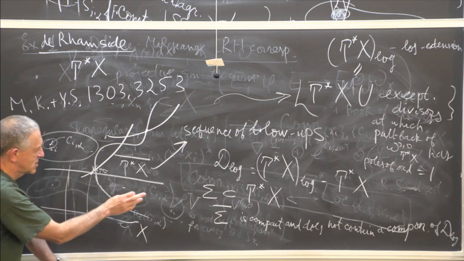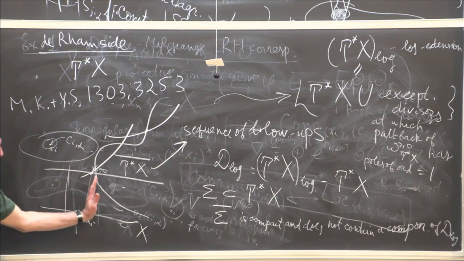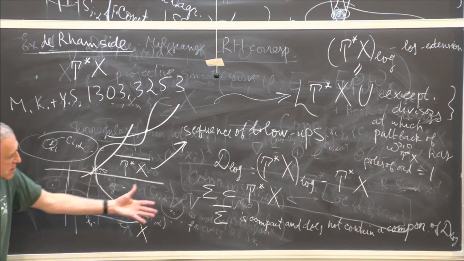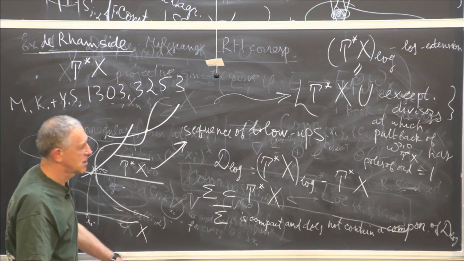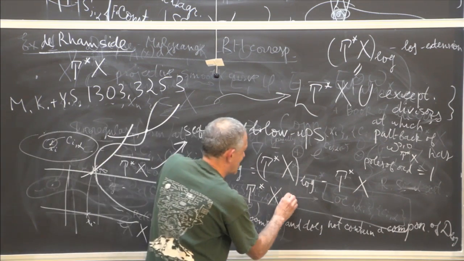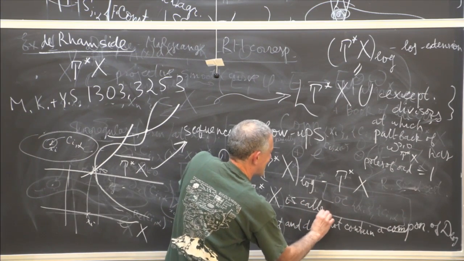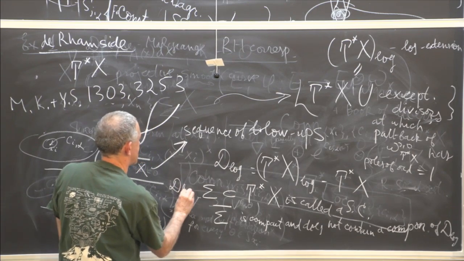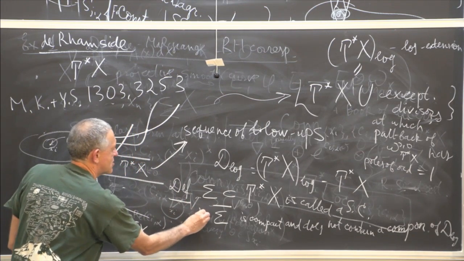Then it will go to infinity. But when we do these blow-ups, then we get a spectral curve. It's a definition, spectral curve, if